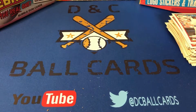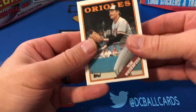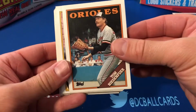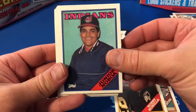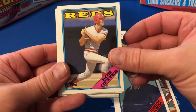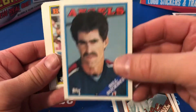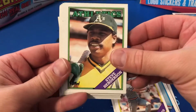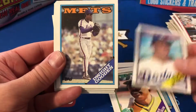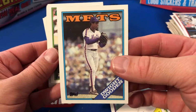Alright, so this will be our last, this is the last batch here. Maybe we'll get lucky, get the Nolan Ryan that I'm missing. George Brett, Tom Niedenfuer, Bobby B, Junior Noboa, yeah. Ron Oster, Billy Ripken, Bill Buckner. Man, look at that hair. Bill Schroeder, Steve Henderson, Tim Leary, there's Dwight Gooden. Got that card yet? Dwight Gooden,